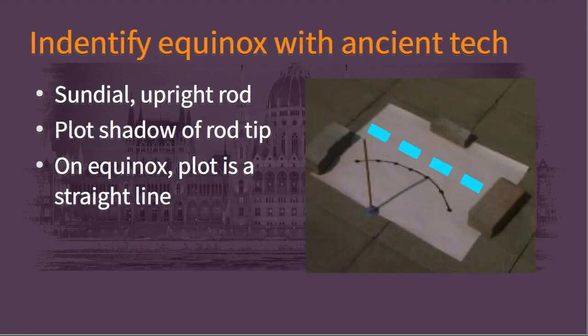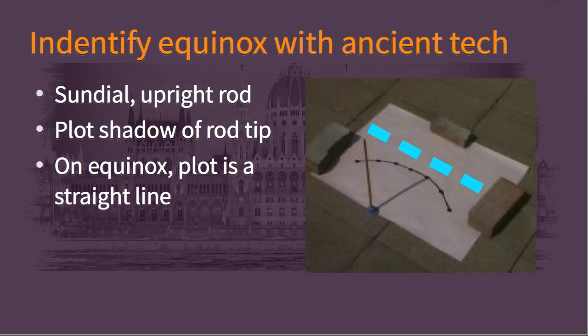So that's what's going on in physical reality. And it turns out that using ancient technology, it's possible to identify which day the equinox happens fairly easily. You make a really simple sundial of a flat surface with an upright rod, and during the day, as the sun moves relative to the sundial, the shadow cast by the tip of that rod is going to move across the surface. So every so often, you make a mark where the tip of the shadow is on that surface